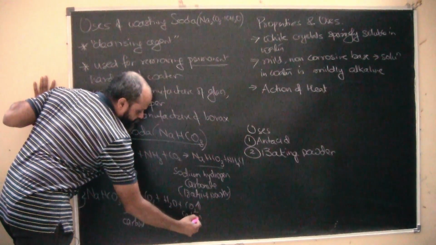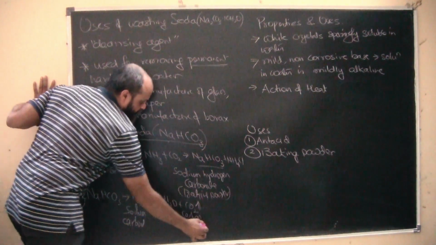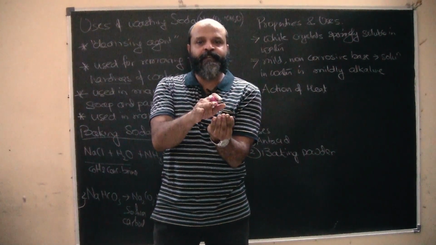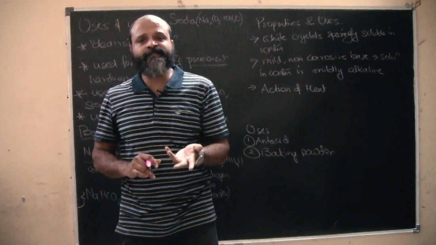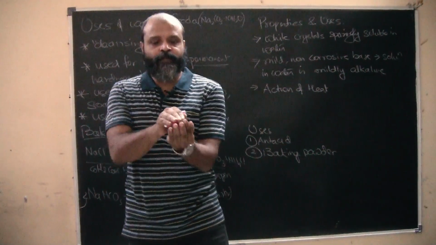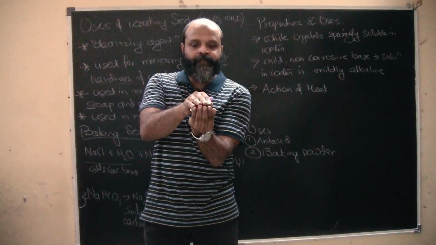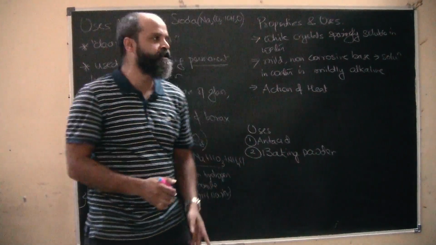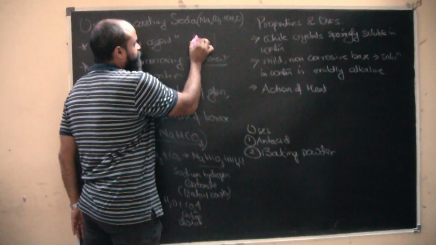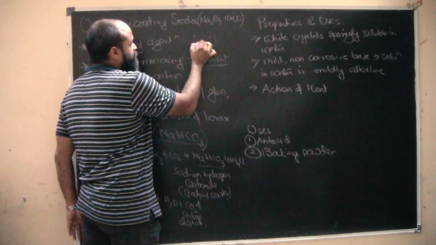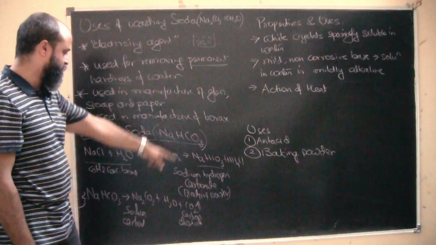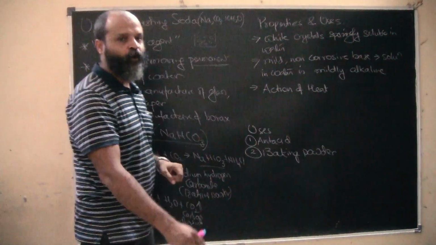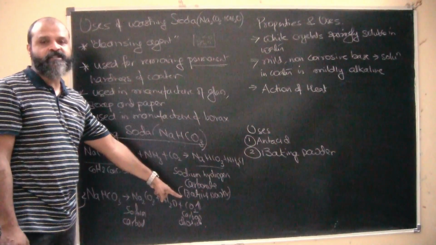Now this is the carbon dioxide that we need. See, we have this dough. When we mix it with baking powder, breads or cakes increase in size. This small lump will increase in size. Why? Even if we look at a bread, you will find small holes in it, right? The reason they increase in size is that carbon dioxide is getting filled in these holes. The dough basically increases in volume.